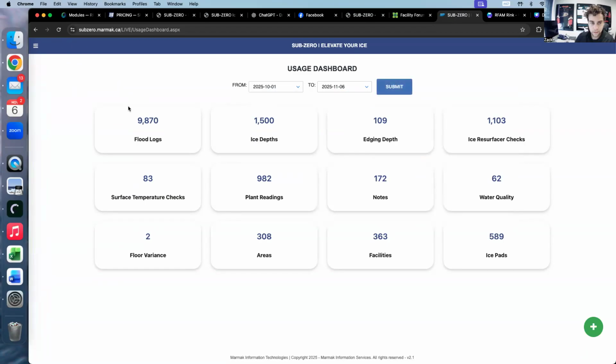Now in the same period of time, and this is no demo data. So this isn't us doing presentations and me just putting in fake stuff. We removed the Marmac area demo data. This is strictly customers. So in the last month, almost 10,000 floods alone, 1,500 iSteps on the dot within the